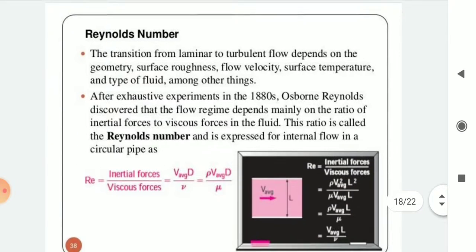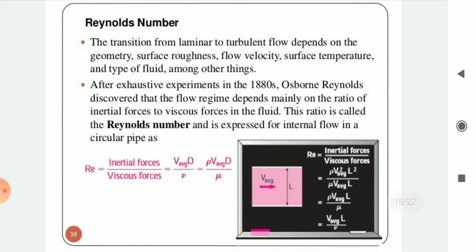Then Reynolds number. The transition from laminar to turbulent flow depends upon the geometry, surface roughness, flow velocity, surface temperature, and type of fluid, among other things. After exhaustive experiments in the 1880s, Osborne Reynolds discovered that the flow regime depends mainly on the ratio of inertial forces to viscous forces in the fluid. This ratio is called the Reynolds number and is expressed for internal flow in a circular pipe as